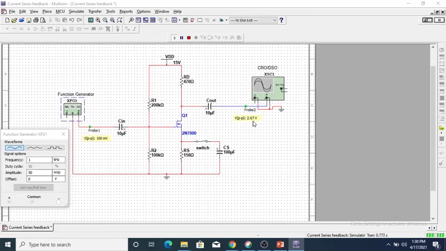So this is the output voltage without feedback. Now stop the simulation and open the switch. Now RS will introduce the feedback, and simulate it. See, the output changes to 281 millivolt. So this is how we can calculate the gain with feedback and without feedback by the formula V0 by Vin.